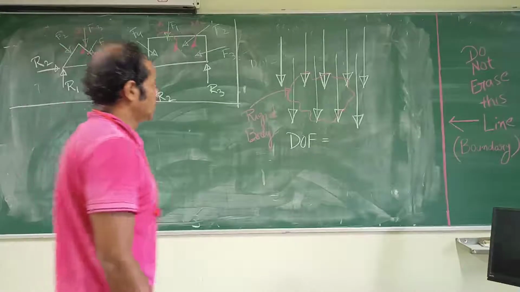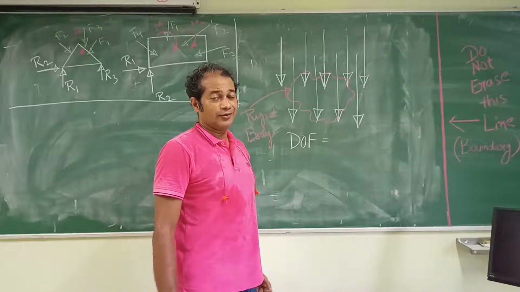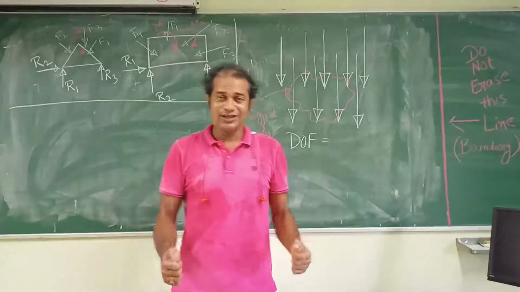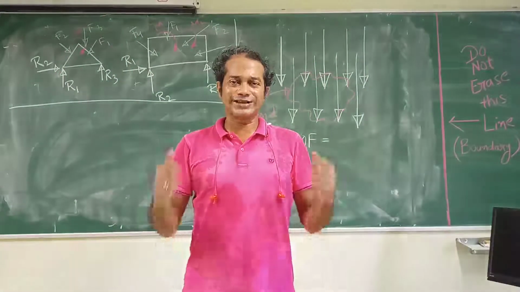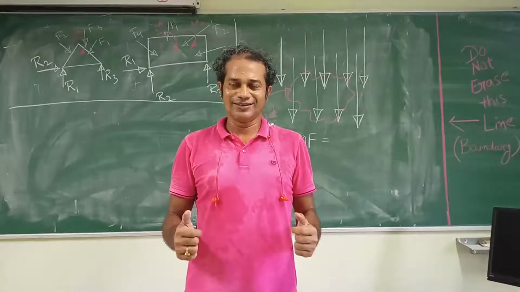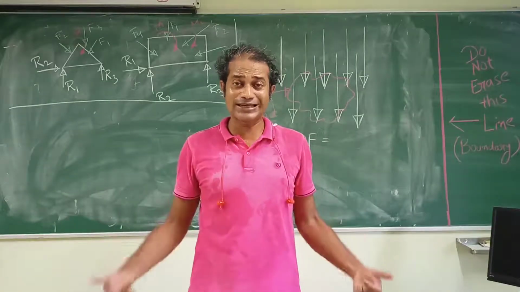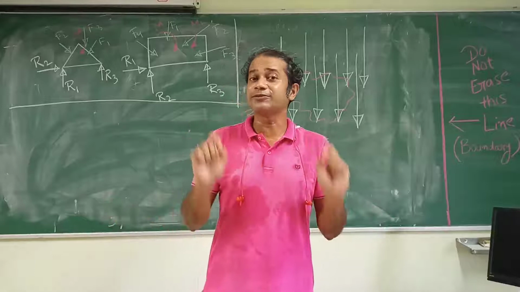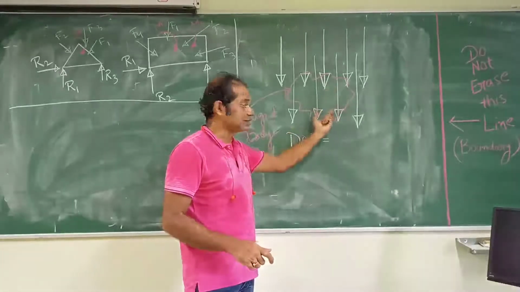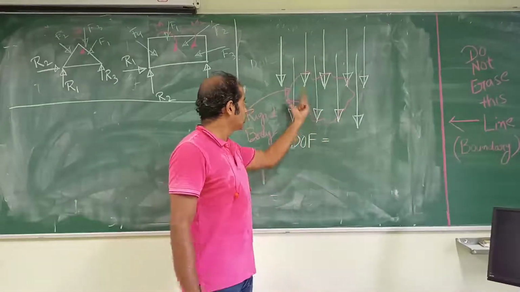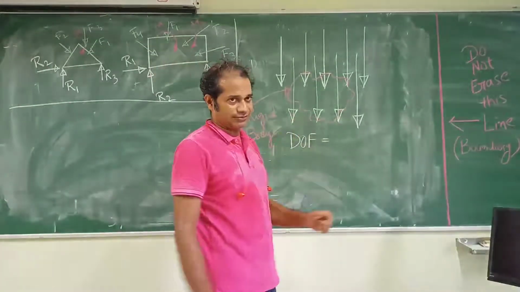The problem is the body is subjected to parallel forces. Example, your gravity is that. So suppose you are standing over here, whatever the force is acting on you is parallel. Like my hand is subjected to vertical force, this point is subjected to vertical force, my legs are subjected to vertical forces. So all these are vertical forces, and that is what I have drawn. Now, how many degrees of freedom is this body going to have?